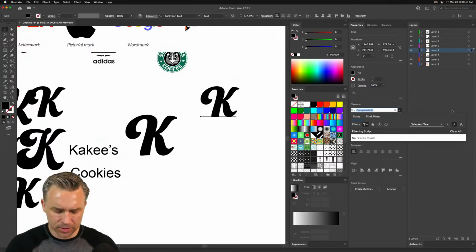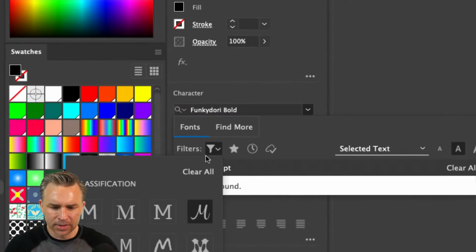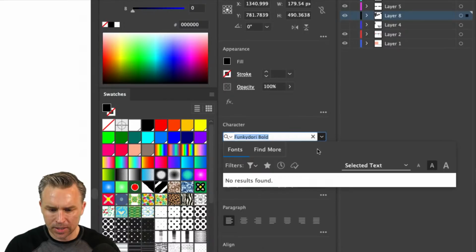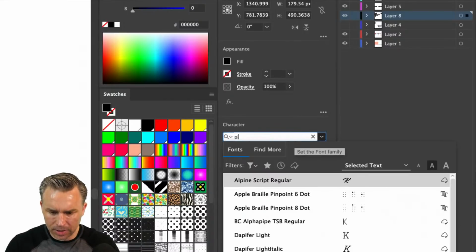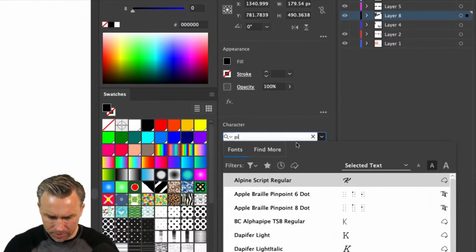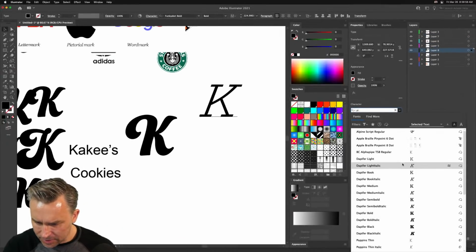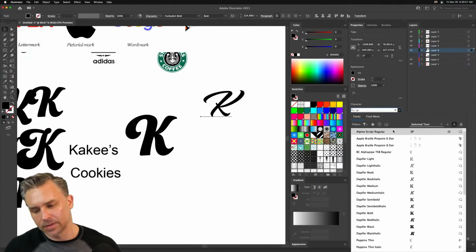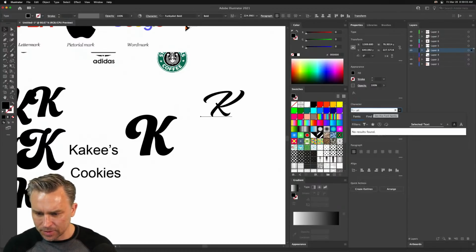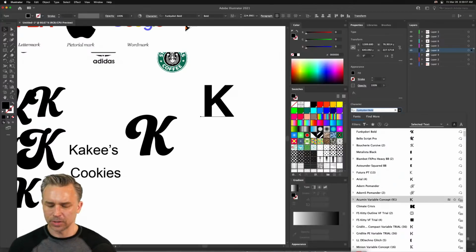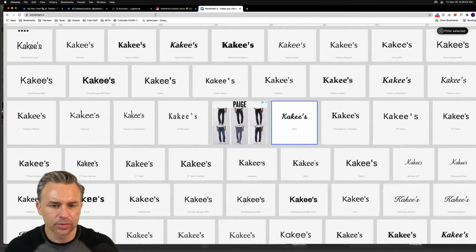Okay, sometimes you'll search for a font and you won't find it. Click right here, it's because you have a filter on. So just clear everything, and then PIL, it should come up. Come on! Unless it doesn't come up, then what are you gonna do? I don't know why it's not coming up. Again, clear all should actually be in there. Let's move on to